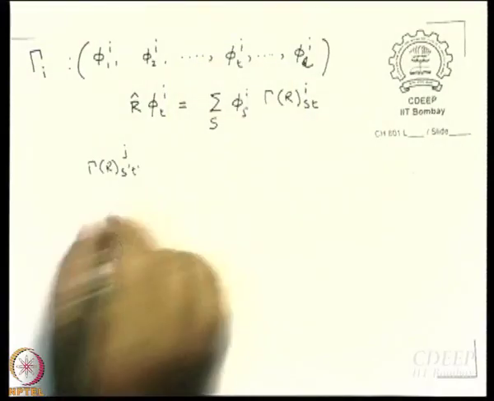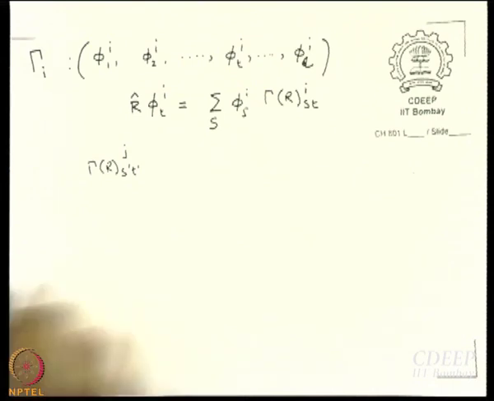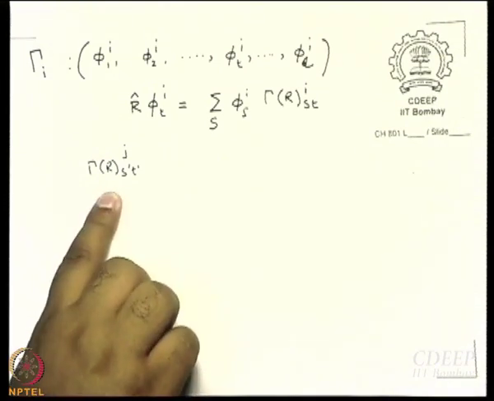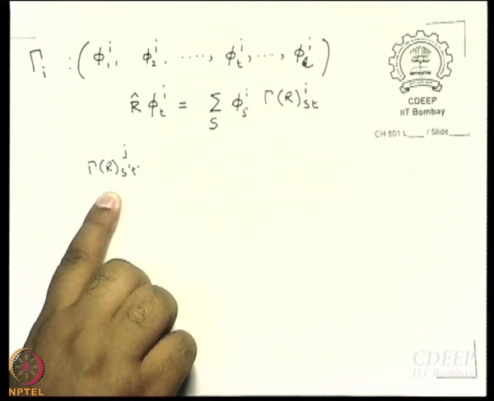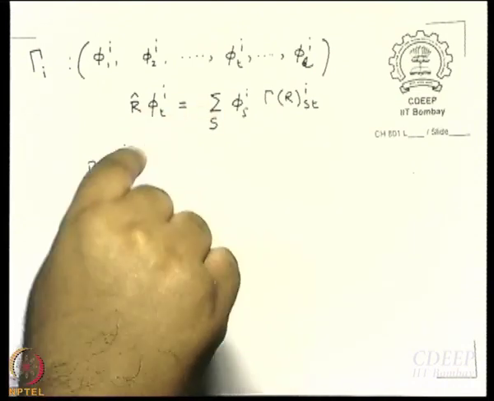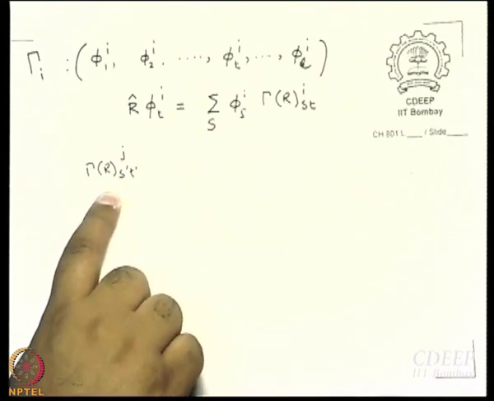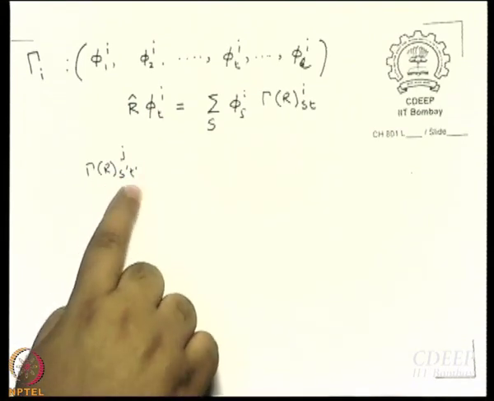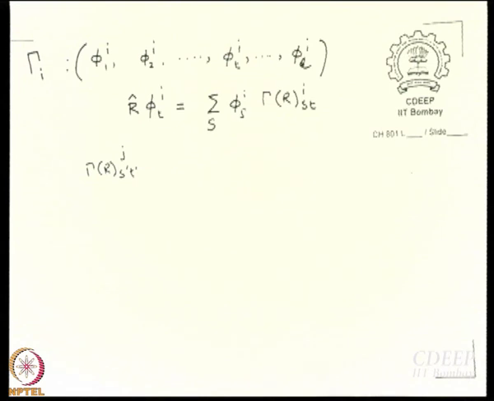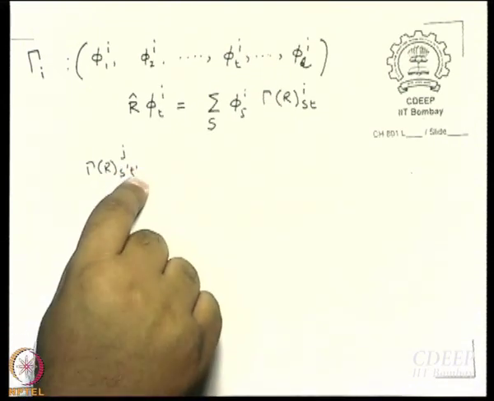But now when I just write gamma R S dash T dash J, what I am essentially saying is that S dash, T dash, J have some specific value. I am taking one of all the different possible matrix elements, and I am multiplying both sides by that. So this is a specific matrix element. You can write 1, 3 and 5 here, for example. These are not general indices, these are specific indices, all right.